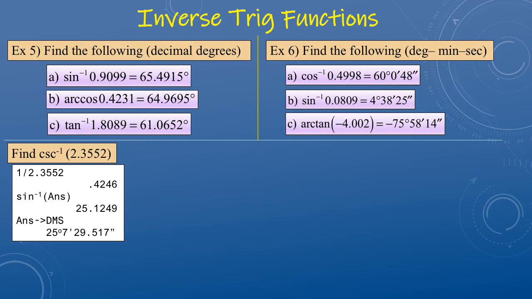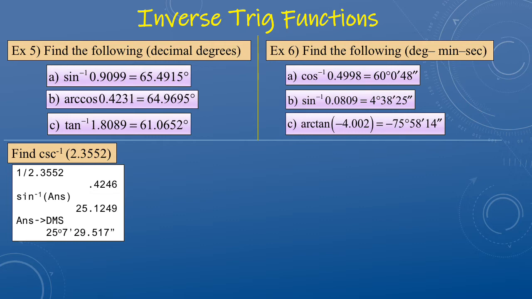Finding the inverse cosecant, the inverse secant, or the inverse cotangent of a number is a multi-step process, and the steps must be performed in exactly the right order. For instance, let's find the inverse cosecant of 2.3552. There is no inverse cosecant button, but there is an inverse sine button. So the first thing we have to do is take the reciprocal of 2.3552. So 1 divided by 2.3552 is 0.4246. Now we can take the inverse sine of that number, and we use inverse sine of the answer, and we get 25.1249. Changing our answers to degrees, minutes, seconds, we get 25 degrees, 7 minutes,